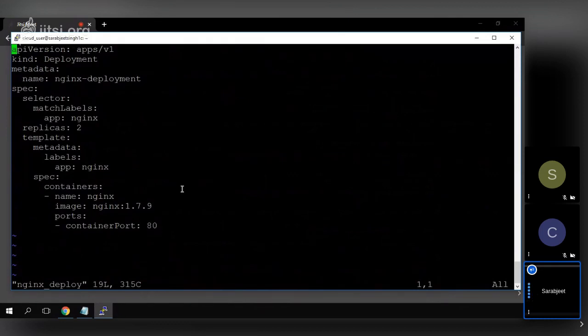So here the first one is the API version, that is apps/v1. Somewhere you will see v1beta or something, so it depends upon which version you are using. But mostly we use the stable one, and that is v1. And kind is now here, it is a Deployment,